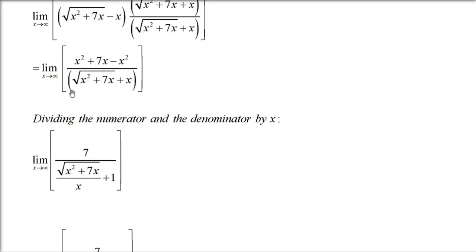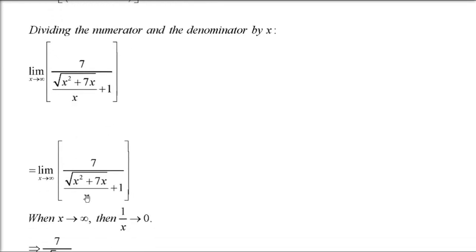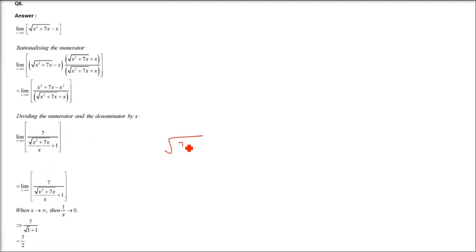So 7x by x is 7. And in the denominator you have under root x square plus 7x by x square, because we are putting it inside the root. And 1 by 1 is already there. So 1 plus 7 by x in the under root, and 7 by infinite is 0, and 1 is already there in the denominator. So c by 2 previously came, here it will be 7 by 2. This c is 7 in question number 4, so here you have 7 by 2.